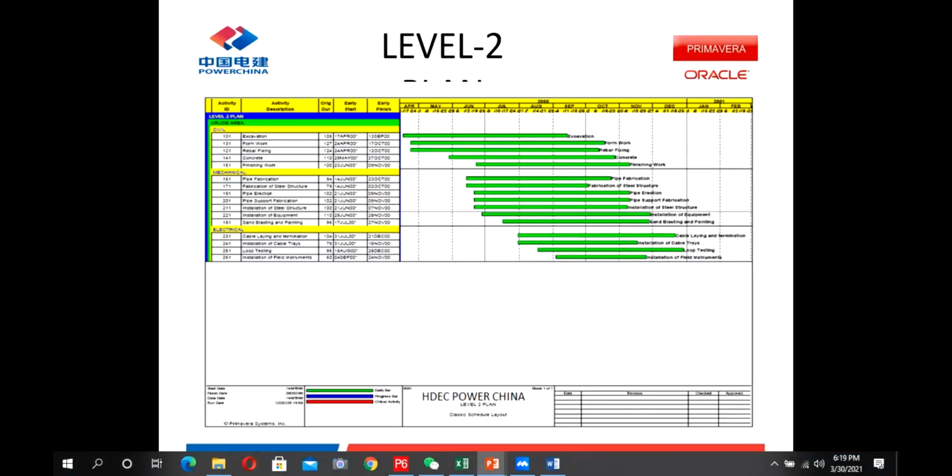In level 2, this is a sample project. We have divided our project into disciplines. I have a crude area and I have divided it into 3 disciplines. In each discipline, these are my major activities, and at this date they are going to finish. So this is the level 2 schedule. Normally the level 2 schedule is submitted and finalized with the client at the bid stage. When we finalize the bid, we finalize the level 2 schedule with the client. On the level 2 schedule, he sets your milestones and monitors your progress on a milestone basis.